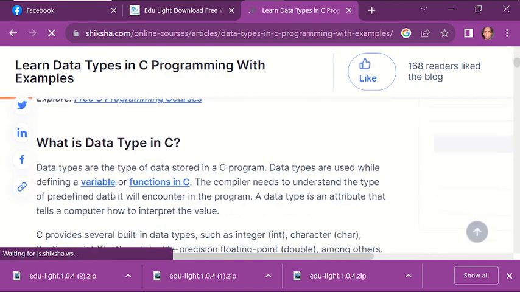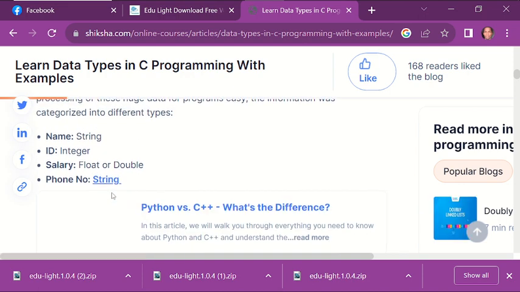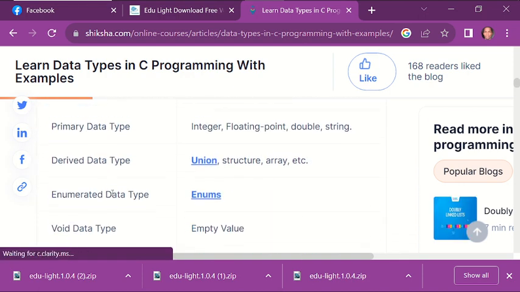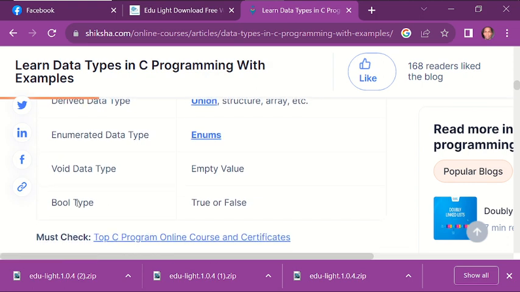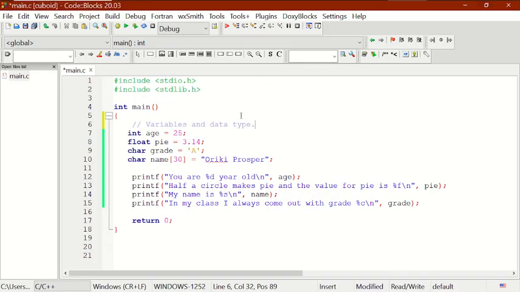Okay, for Boolean, as I told you initially during the introduction, Boolean is also a data type which gives either true or false. Just like your exam, you'll be given an option for a question to pick either true or false. So it's also a data type, true or false. So with this, we've learned all that we need to know about variables and data types, and we also took examples. So the next thing we will move on to will be